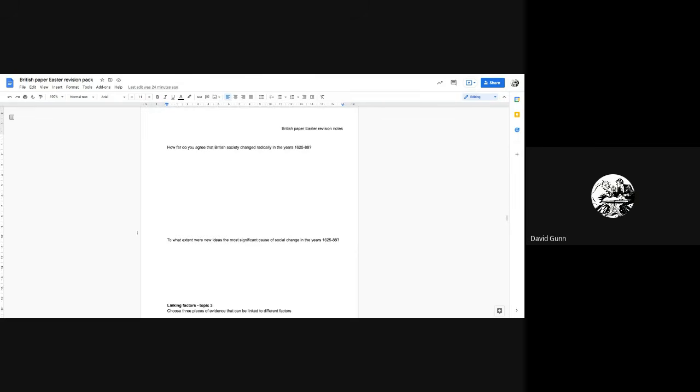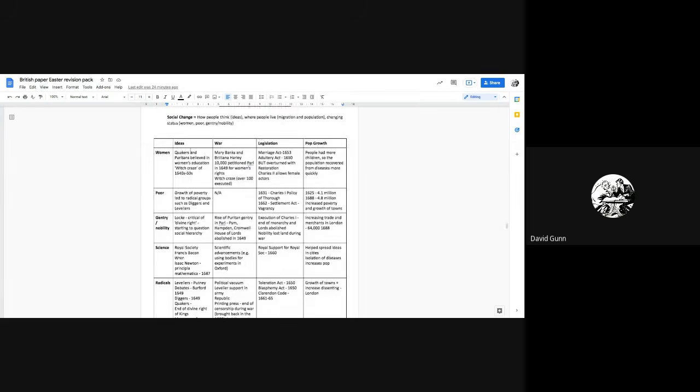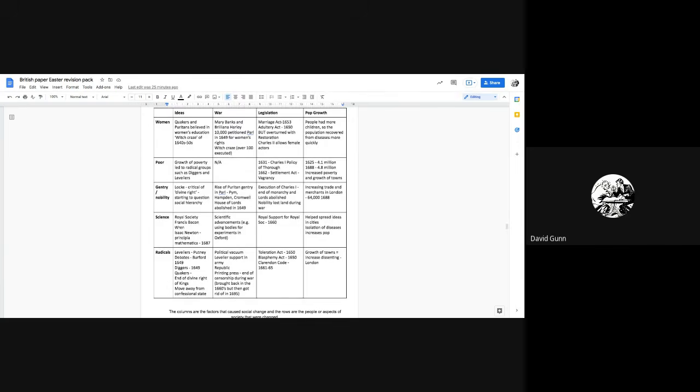These are quite broad because this is a revision pack. I wanted to keep them quite broad, so we're covering most of the information. But hopefully that's clear for this topic. I think it's relatively straightforward. In your Britain revision pack with all the past questions, you'll be able to see there have been some quite narrow questions, like for example, the causes of population growth. But there are also broad questions as well. So just have a look at those, and hopefully this has been a useful way of breaking down the topic. All right, thank you.